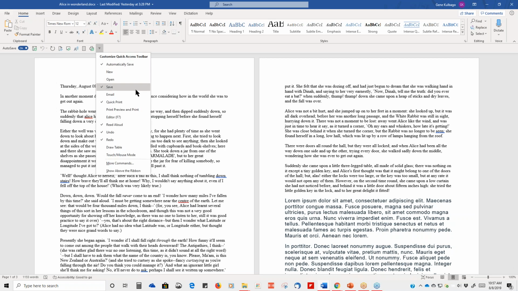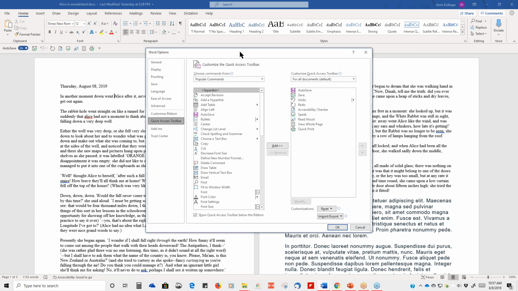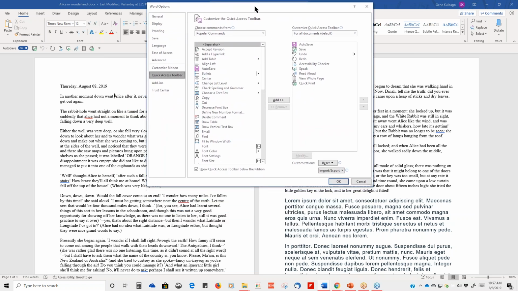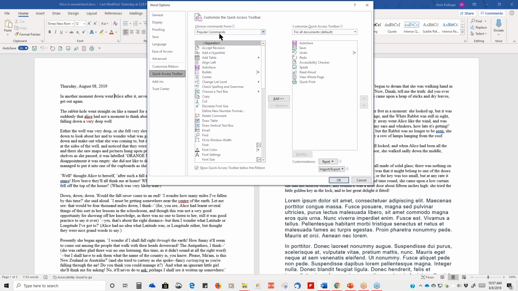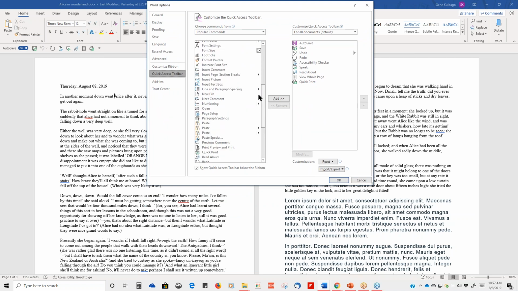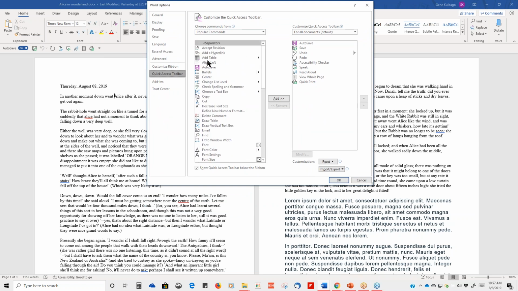But if there are more commands that I want to add that are not used as much, here is a list of popular commands. They give you some of the popular ones. Okay, here was the quick print. If you want to paste, you could do that. Things like that. If you can't find your command there, and by the way, over on the right here are a list of the commands that I have